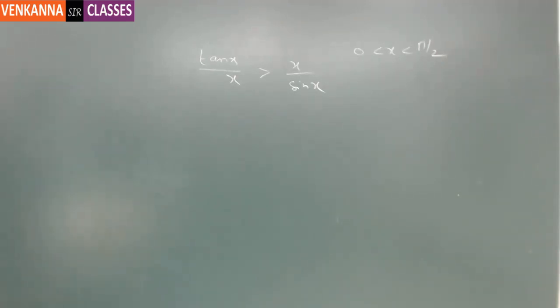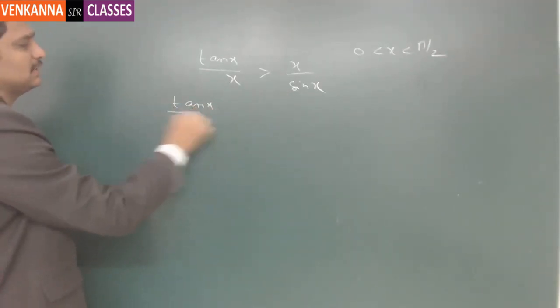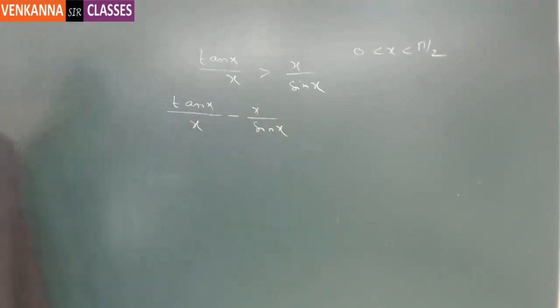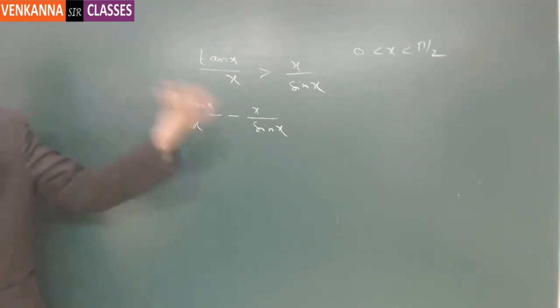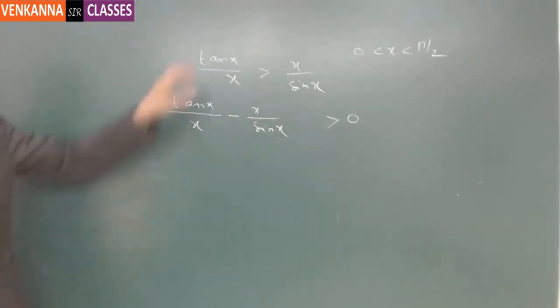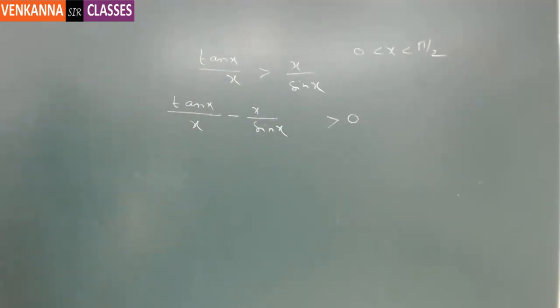Now, the approach here is nothing but, since you are going to prove that, let us take the difference between the two values. First, forget about the interval. Consider the difference between two fractions. So if you have proved that this is positive, automatically this fraction will be greater than this fraction. Agreed? Yes or no? Right. Now, if you consider the LCM here,